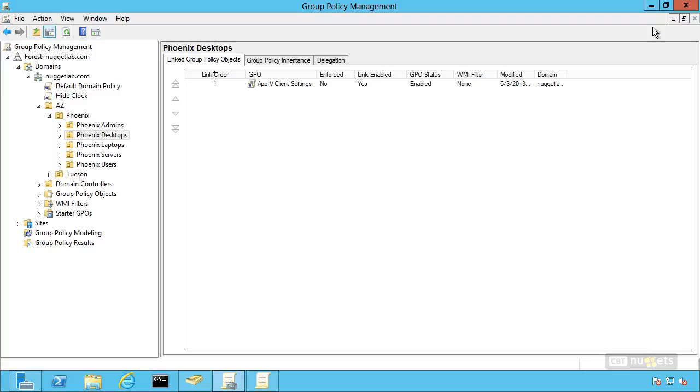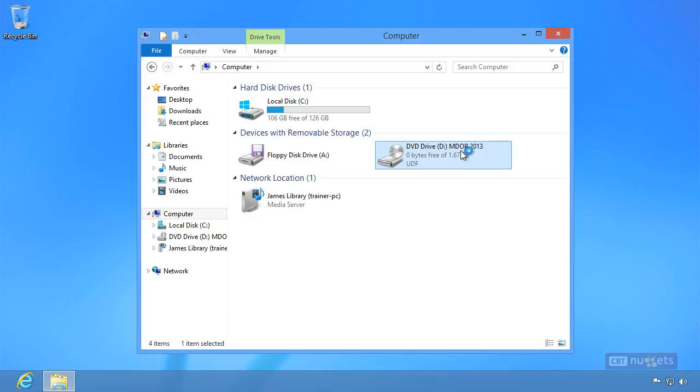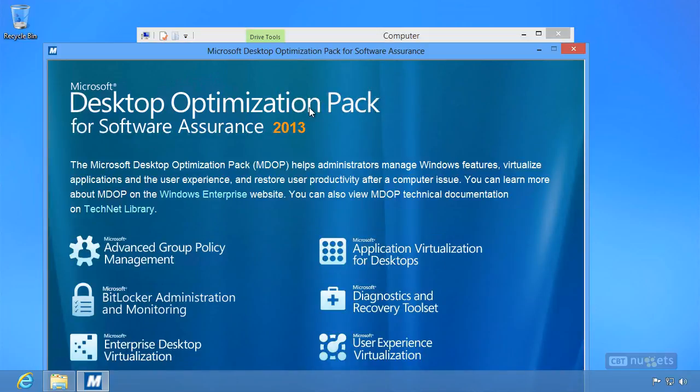Now, once that's all been done, I'm pretty much done on the domain controller for group policy settings. Now, I'm ready to go to a client, install the AppV client, and then hopefully get our application. Over here on my Windows 8 destination computer, where I intend to deploy the AppV app, I've gone to the desktop optimization pack,